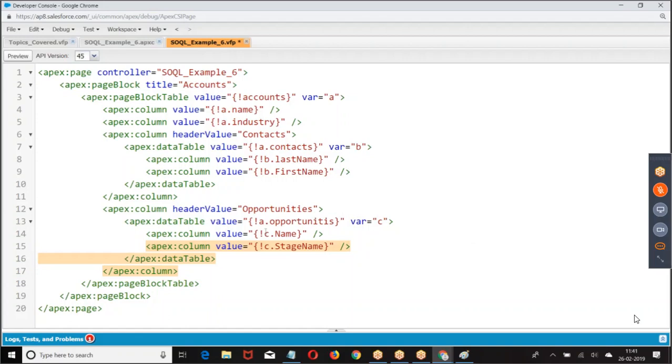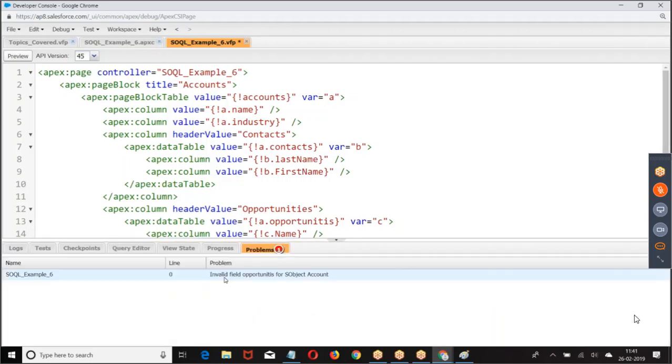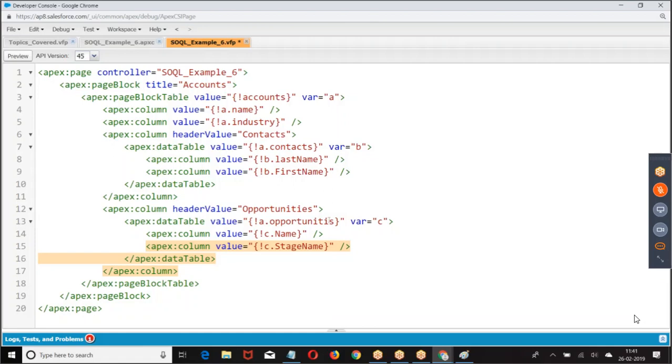This is how I give it. So A, invalid field of opportunities. A dot contacts. A dot opportunities.